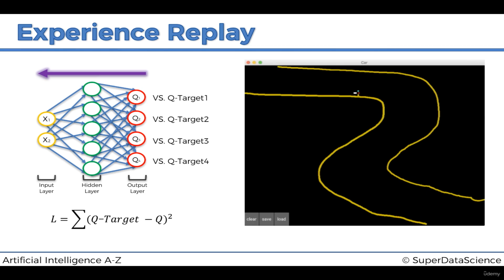And if you're just doing a simple neural network where you're putting in your values here and they're going through, and even if we forget about that problem of the sequential nature of experiences and how they can be interdependent or correlated, what happens is once you put an experience in, it goes through, the network's updated, then you instantly forget about that experience, you move on to the next one. That's just how the neural network works. Then you move on to the next state, the next experience, and so on.